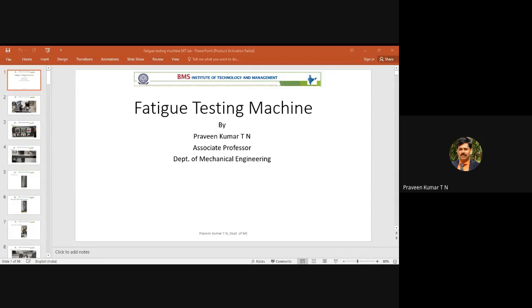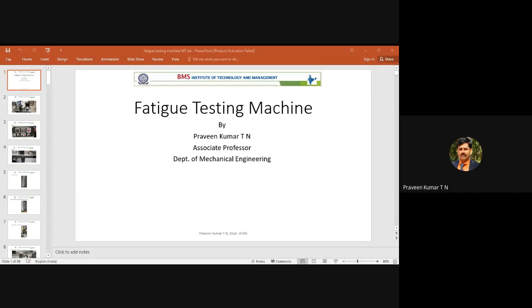It comes under non-destructive testing, where the material is not destroyed, and it is mainly used for finding surface cracks and subsurface cracks. So one more test we have discussed is the fatigue test. Again, you have to find out the fatigue strength when the material is subject to dynamic loading or stress reversal or repeated loading. So what is the strength of the material? You have to find out. That test is referred to as fatigue strength.